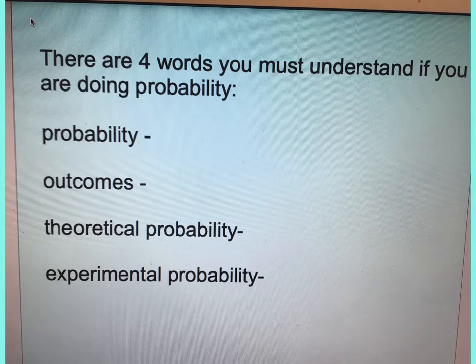So the lesson we're going to do today, you have your note sheet in front of you, is going to be on probability. The probability section of the MCAs is actually quite easy, but we still have to know certain words so we can get all these answers right. First of all, there are 4 words that we need to know before we do probability. The first word is probability, and you would just want to write, it is the chances